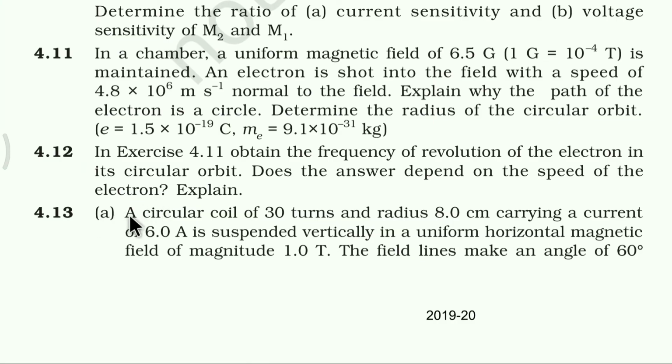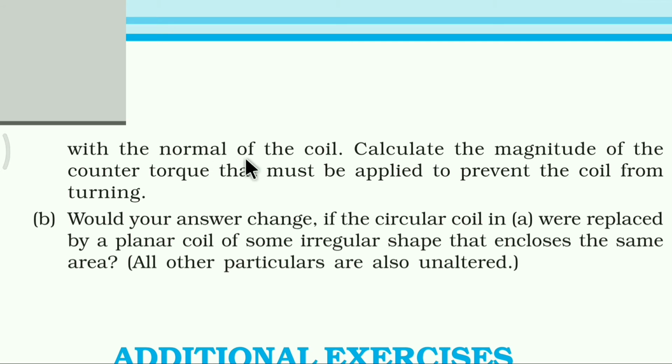4.13. A circular coil of 30 turns and radius 8 cm carrying a current of 6 ampere is suspended vertically in a uniform horizontal magnetic field of magnitude 1 Tesla. The field lines make an angle of 60 degrees with the normal of the coil. Calculate the magnitude of the counter torque that must be applied to prevent the coil from turning. And part B, the subpart of the question 4.13. Would your answer change